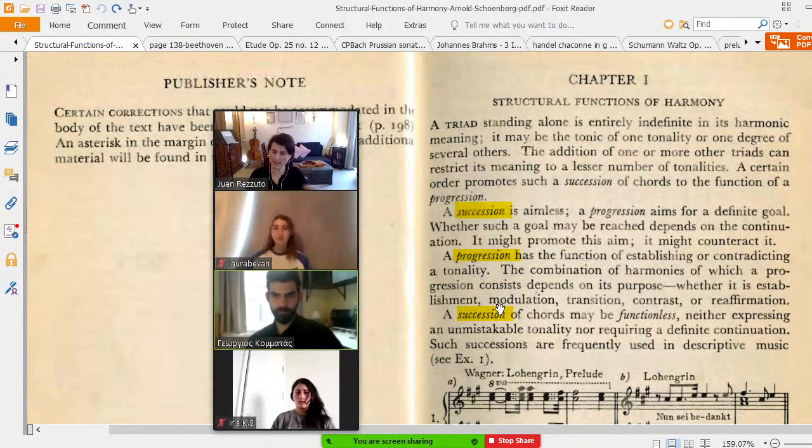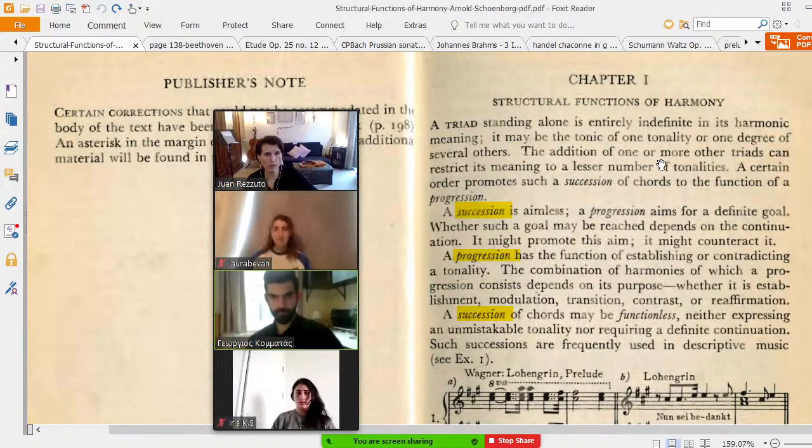Or if you're analyzing, not composing, you have to see how the composer creates that gravitation. It's a gravitational force around a chord. The chord by itself doesn't do anything. A chord is a chord, just three notes. So that's why the first paragraph is extremely important to understand.